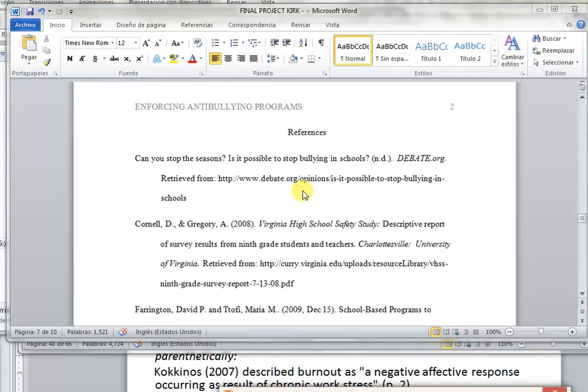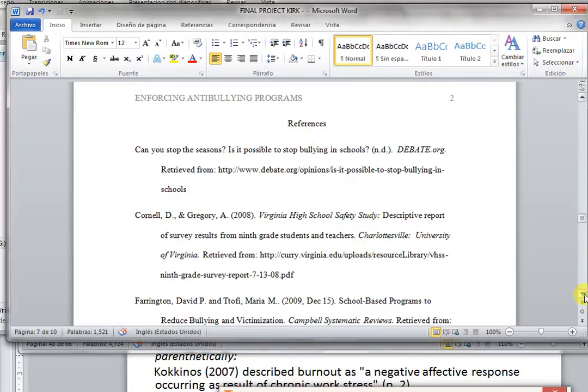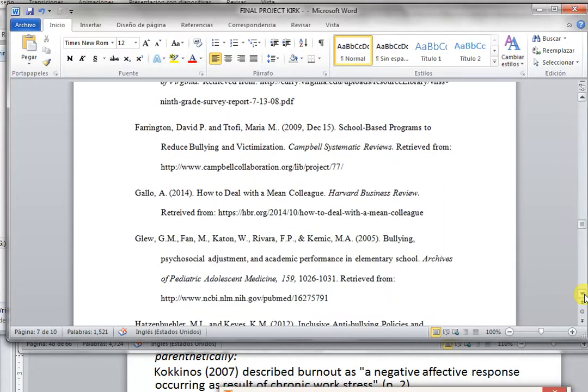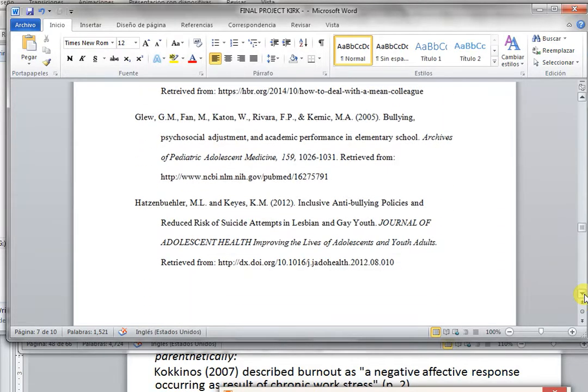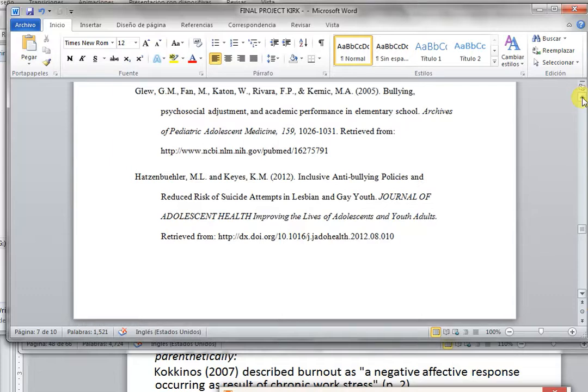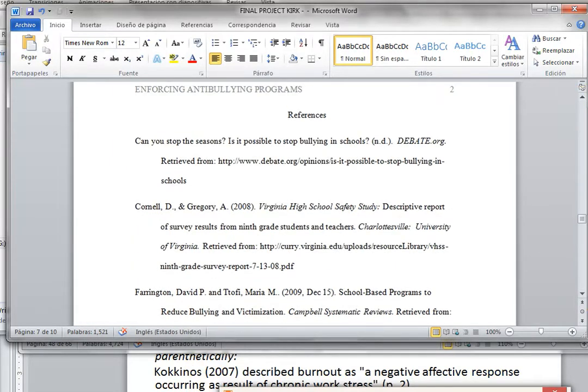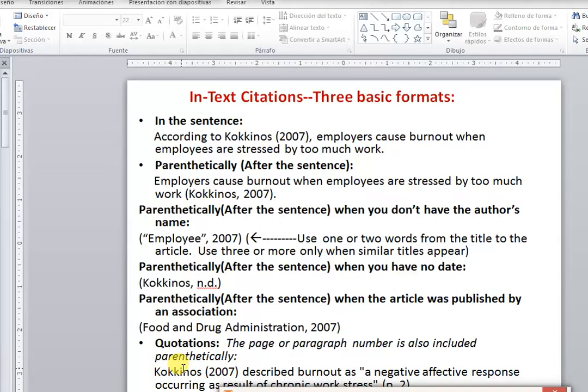I'm using this from a student's work that I adapted, and there are some mistakes here, but in general, this reference page is formatted correctly. Once you have your references correctly formatted in APA style, it's very easy to generate the in-text citations. So let me go to an old PowerPoint presentation where I've summarized the basic ways to do